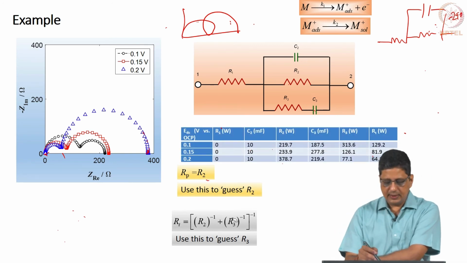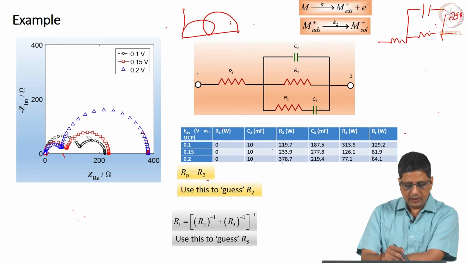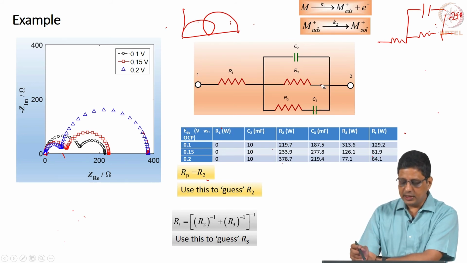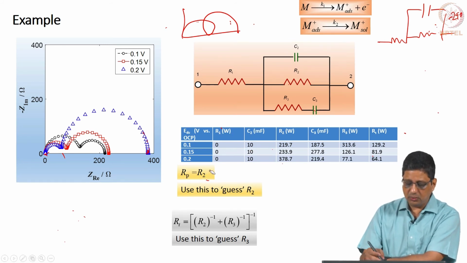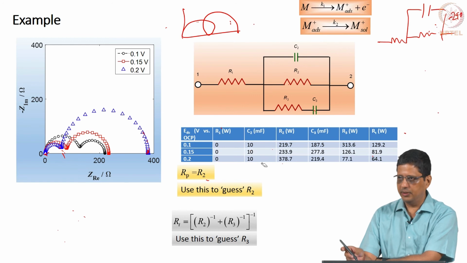So, if I use this and say this set of 3 spectra I can model using this circuit, I can guess the value of R2, I can guess the value of RT, from that I can guess the value of R3 and then optimize it, and I can get the circuit fit. Not just that,